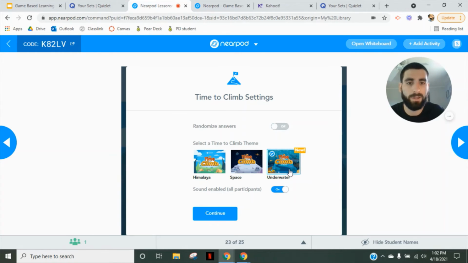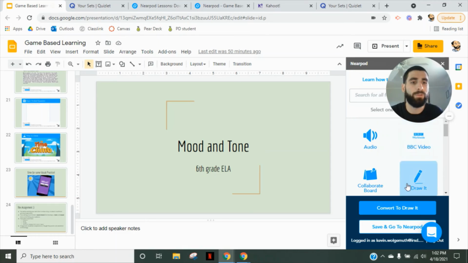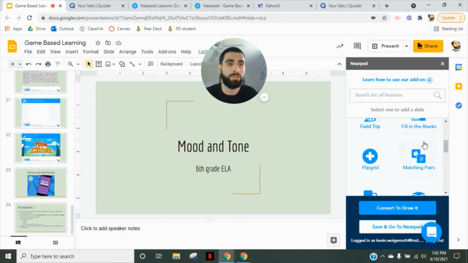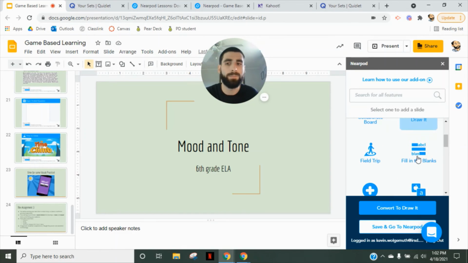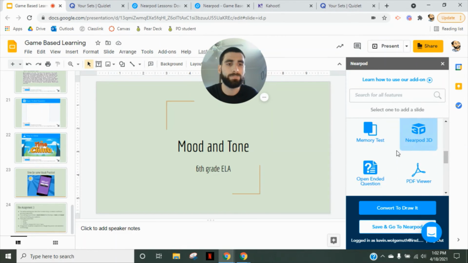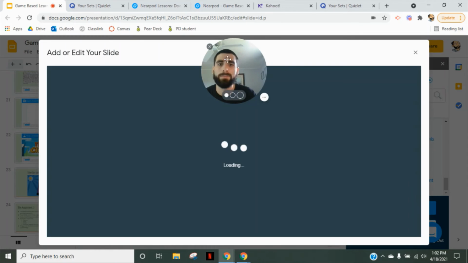So let's try another background. Let's try the underwater background for this game for mood. And I did find the mood game from already loaded Nearpod games. So when you're in your Google Slides and you want to do a Time to Climb, these are all the activities that Nearpod has to offer if you want to introduce them into any of your slides. But when you create a Time to Climb activity within your Google Slides, or you can do it on Nearpod's website, click Time to Climb,